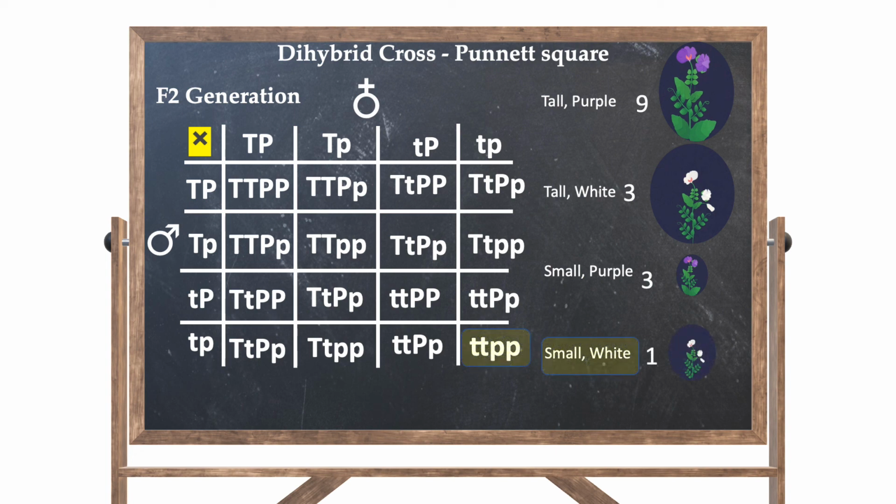So if we take them together, then we obtain a ratio like 9:3:3:1. This ratio is referred to as a dihybrid ratio, or you can say a phenotypic ratio. So this is how we can make a table for a dihybrid cross or a monohybrid cross in a simple way by using the Punnett square method, or you can say the checkerboard method.